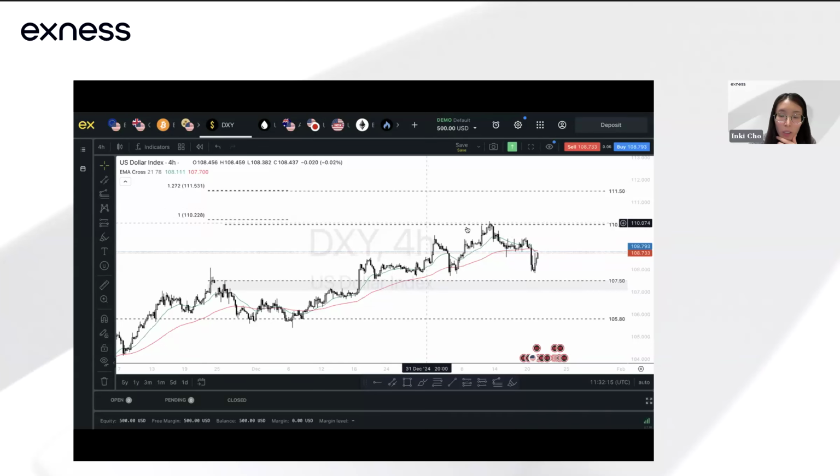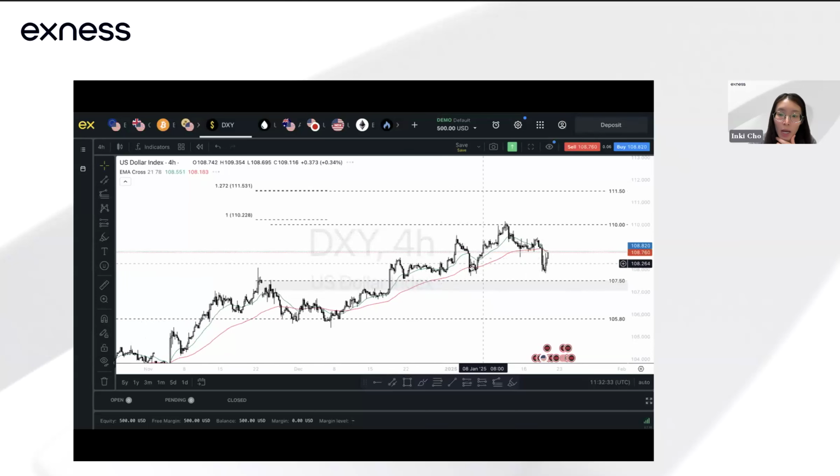It's also interesting to note that gold itself is dollar denominated, right? So this also means that if the dollar is strong, as we saw in the previous 1 to 2 months, the November run up for the presidential race and also into December, we can see that the dollar has been pushing higher. And as a result, gold has been consolidating, right? So let's take a look at the gold chart.